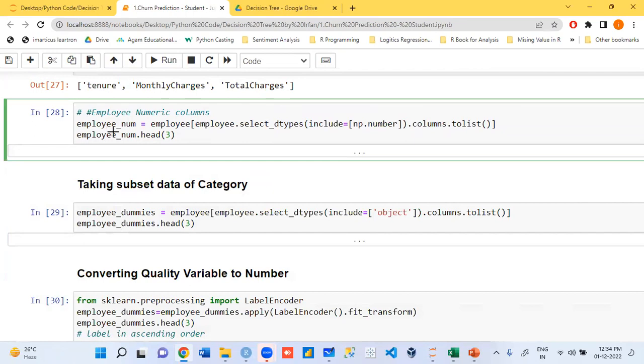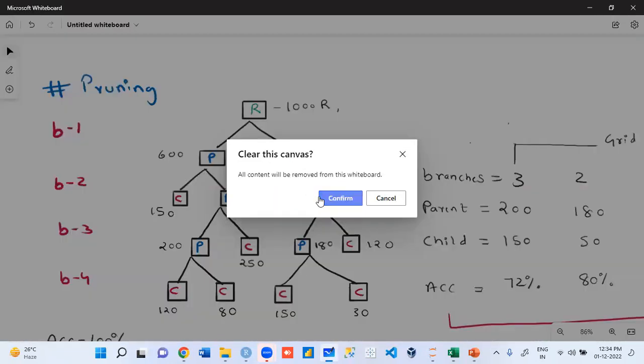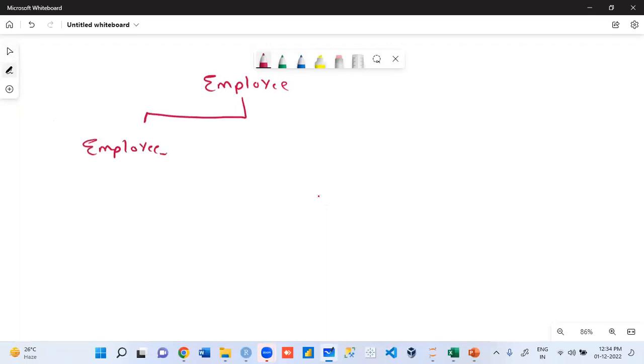So guys, we have a main file called employee.